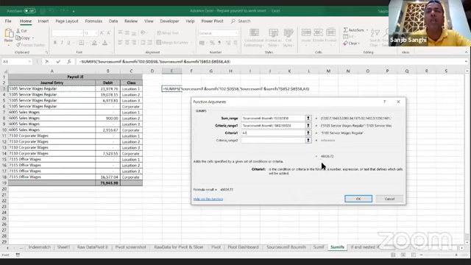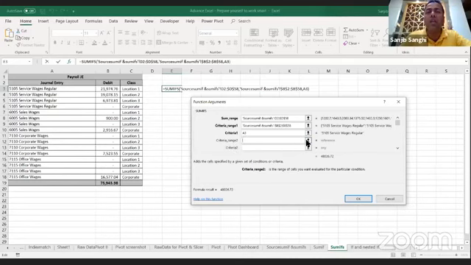And I got this 48,000. But that is not what I want. I want this 48,000 to be broken into 3 different locations, location 1, 2, and 3. So I need to put an additional condition into this. Let's go with the additional condition, my second condition, the second criteria.